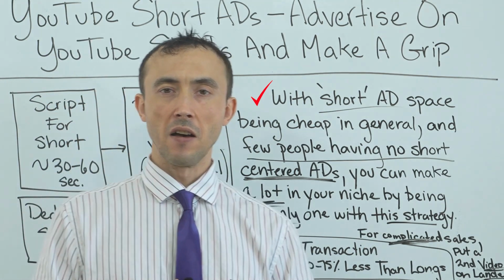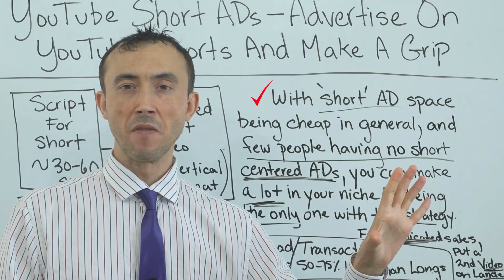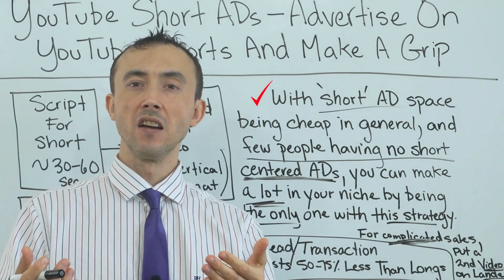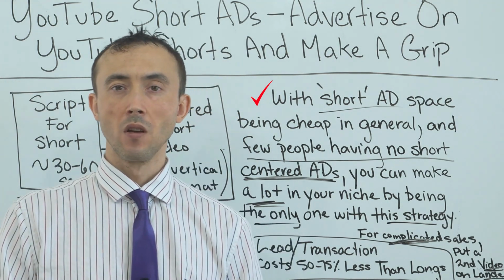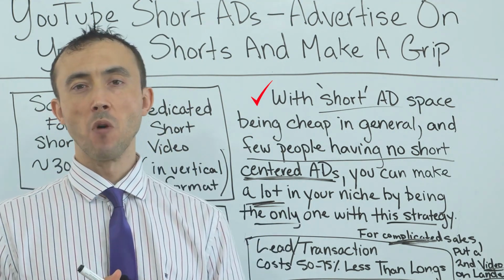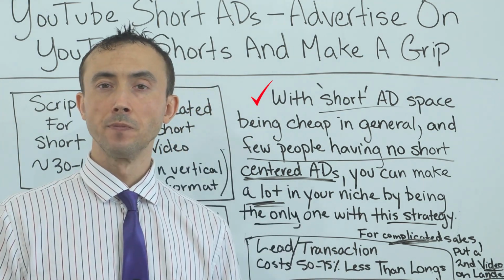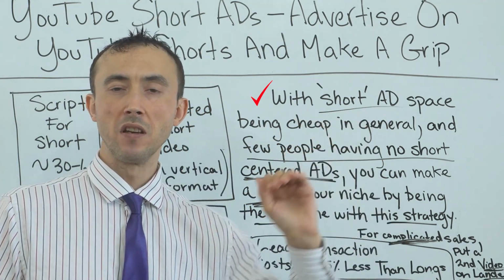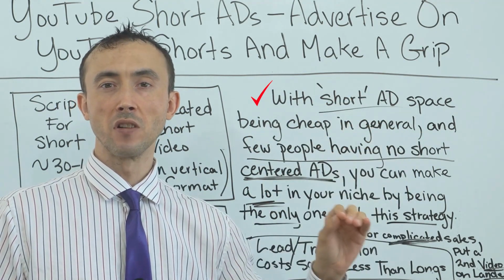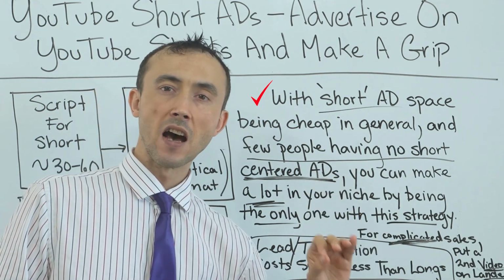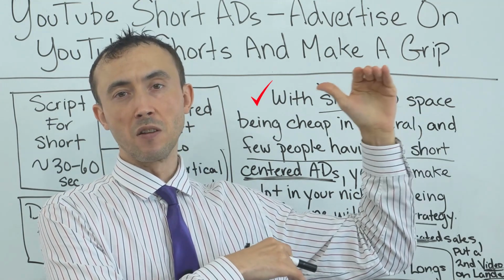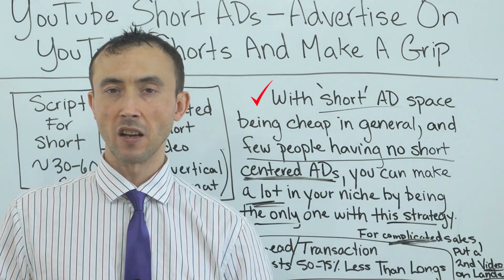And so an example of this, just to give you an example right off the bat here, we had a life insurance settlement space where people buy life insurance policies off of people for a certain amount of cash, or for a cash settlement, if you will. And what we would do is have these short ads showing up for people. And the short ad would be saying, there's a new way that people are cashing out millions of dollars from their life insurance policies. Click here to find out more. That right there can be said in 5 seconds or less and conveys the value of the proposition that's being made in 5 seconds or less.